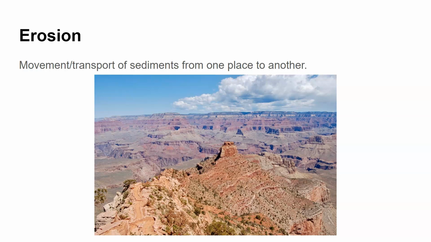In the picture, you can see the Grand Canyon. This is an excellent example of both weathering and erosion. This beautiful canyon was carved out by the Colorado River. As the Colorado Plateau was uplifted, the river just flowed through the landscape and it was weathering and eroding. So it was breaking the material down as well as carrying that broken down sediment away from where it once